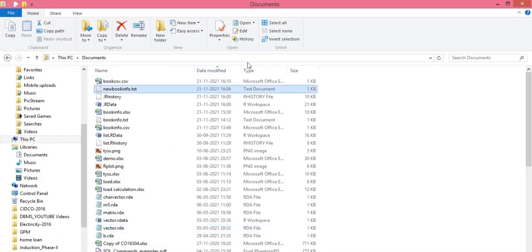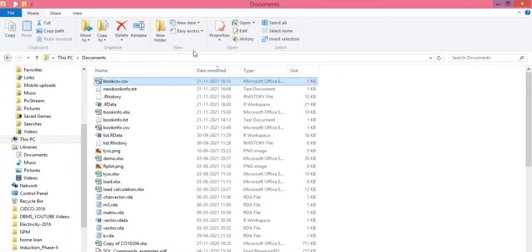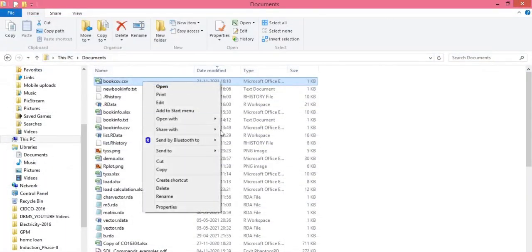This is my current working directory. See, the bookCSV.csv file is created here. Now let's open this file. See, this file is open in Microsoft Excel. Here the new column is added, that is pages. Let's open this file by using Notepad. Open with Notepad.